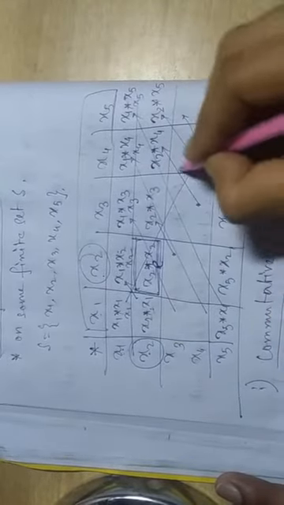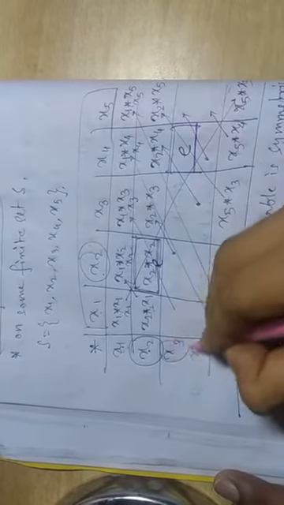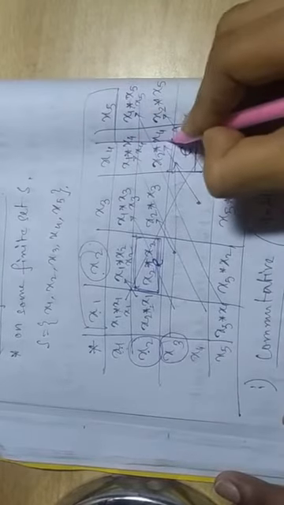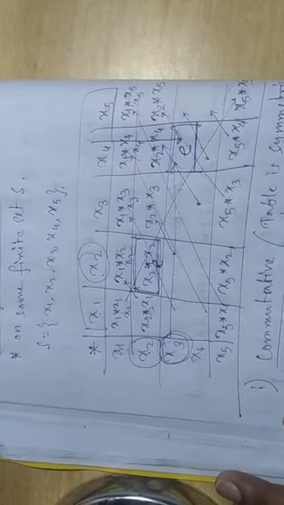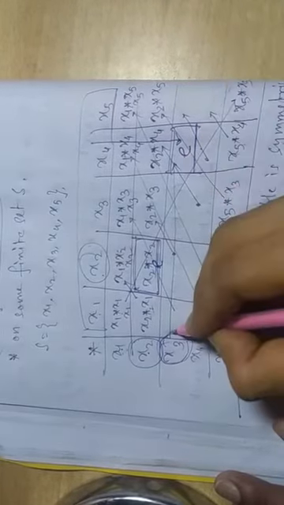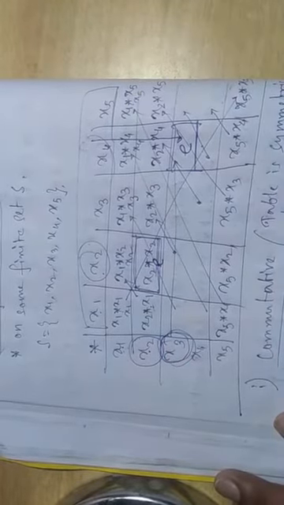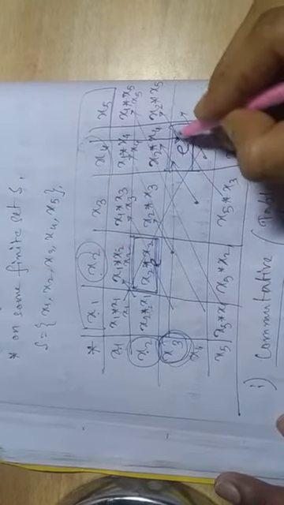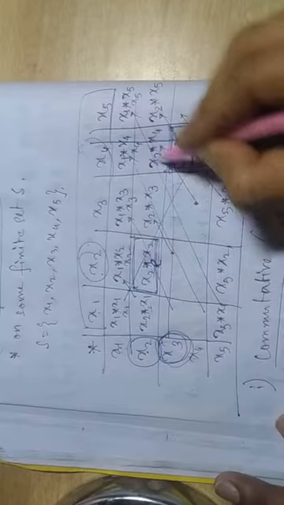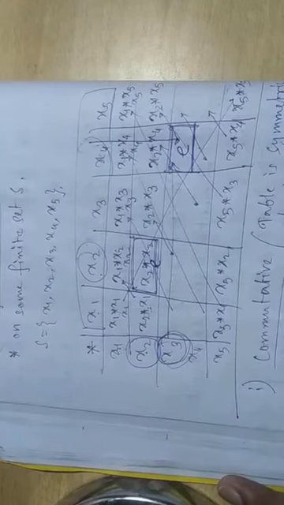Suppose we have E here, whose intersection is x3 and x4. So we will say x3 star x4 is E and also x4 star x3 is E. So we can say that x3 and x4 are the inverse of each other. Okay, so this is the process to find the inverse element. First of all, we find wherever E is occurring in the rows or in the columns. So if in some row E is occurring, then the corresponding elements of that row will be the inverses of each other.